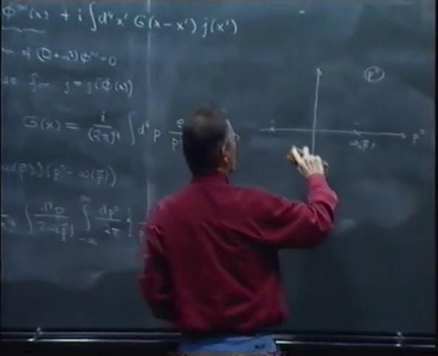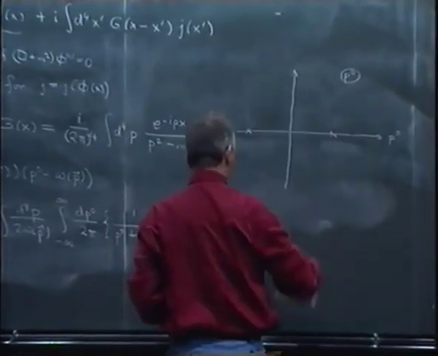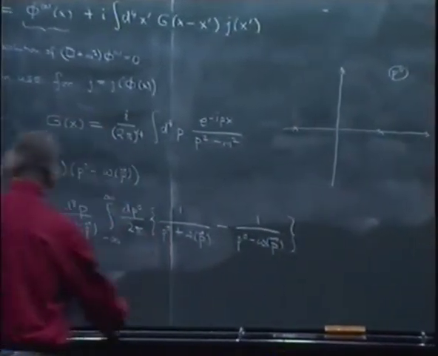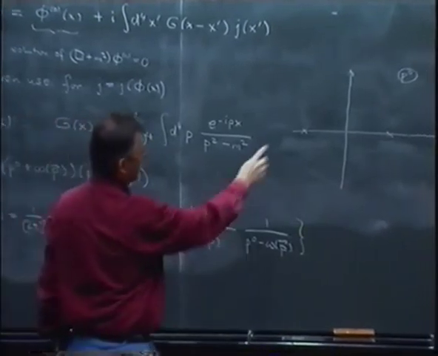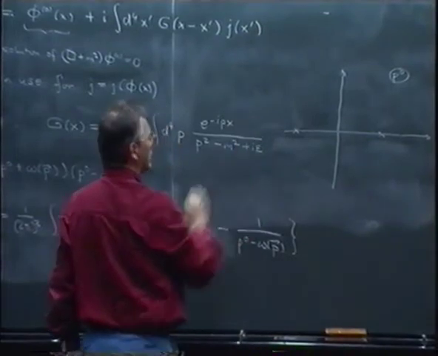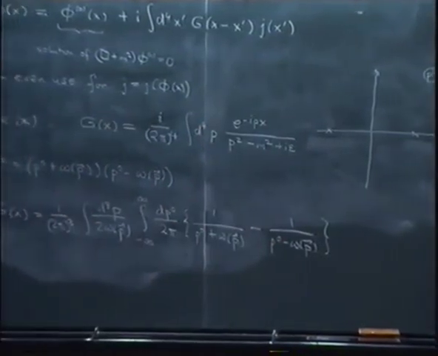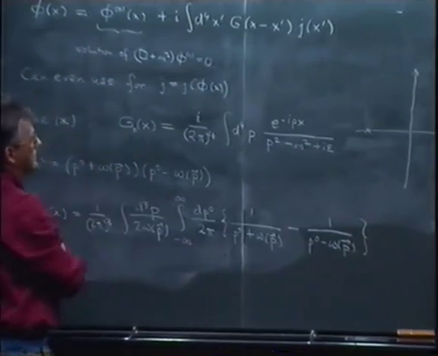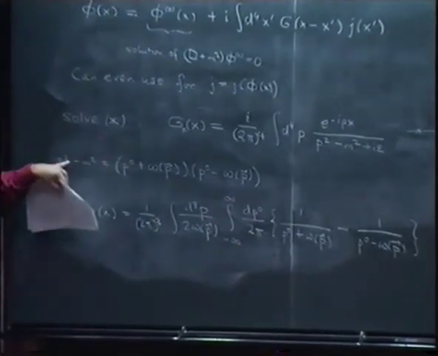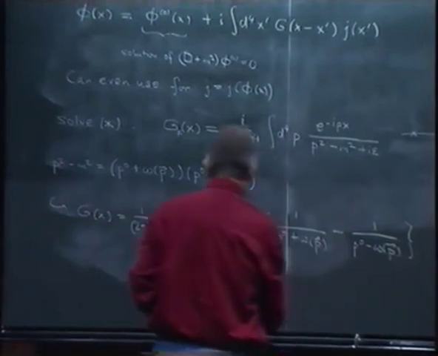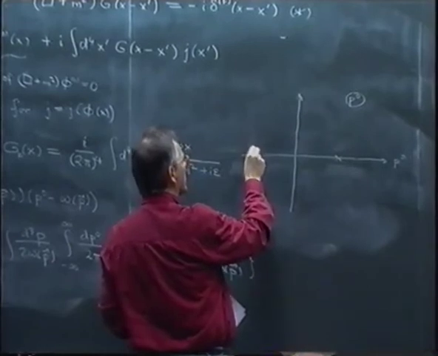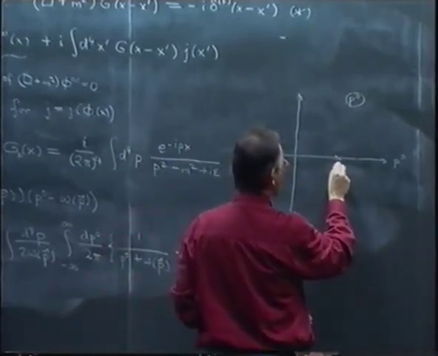Now the prescription which is the relevant one for quantum field theories is the one that was given by Feynman, and the prescription is the following. In order to make this integral well defined, you introduce an infinitesimal imaginary contribution here, and then here we have F for Feynman. And if you look at what this does in terms of these poles, it shifts these poles into the complex plane in such a way that this pole gets shifted upwards here, and this one gets shifted downwards.